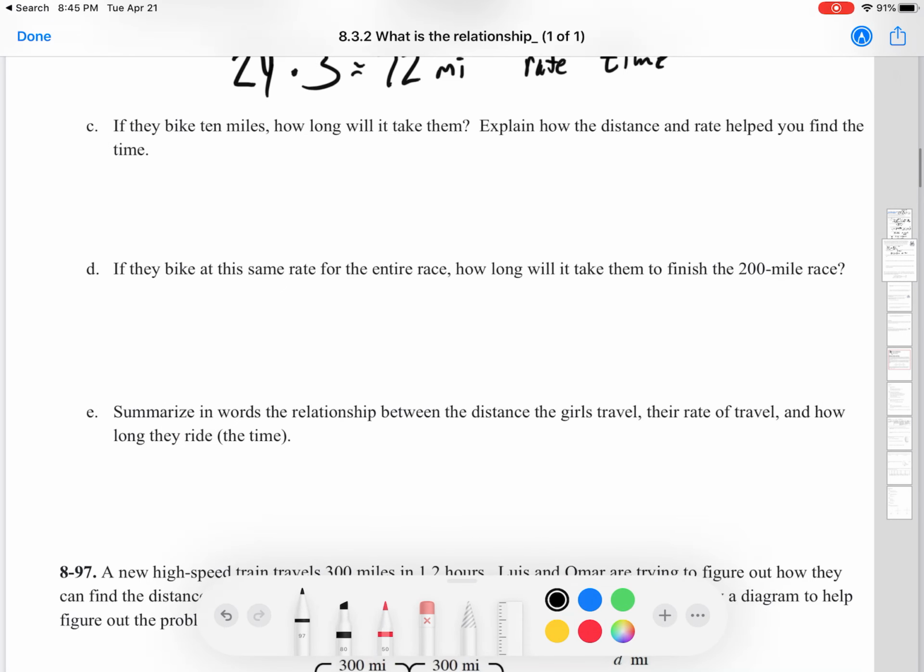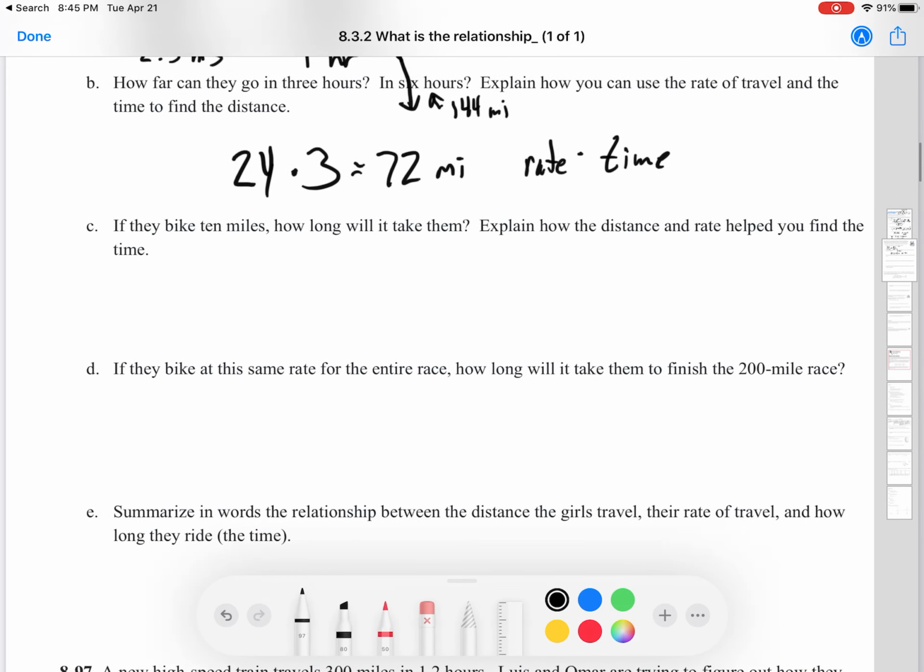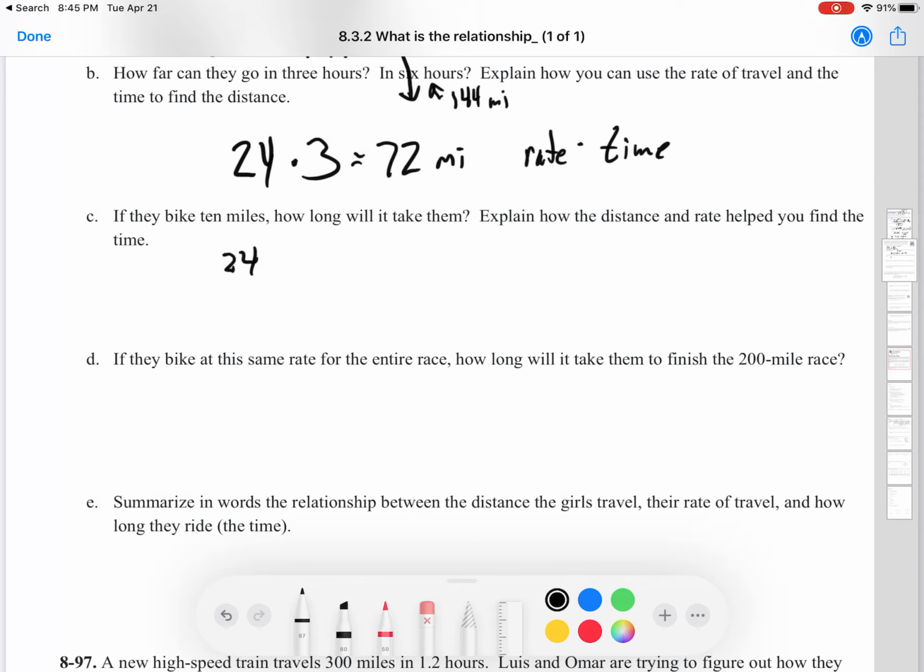If they bike 10 miles, how long will it take them? Explain how the distance and rate help you find the time. Well, if they biked 10 miles at the same rate, 24 is our rate, right? Times time, we don't know what it is, and it's how long it took for them to do 10 miles. Undo that multiplication with division, right? So we would take 10 and divide it by 24, and then we just need to simplify. Divide both by 2 and we get